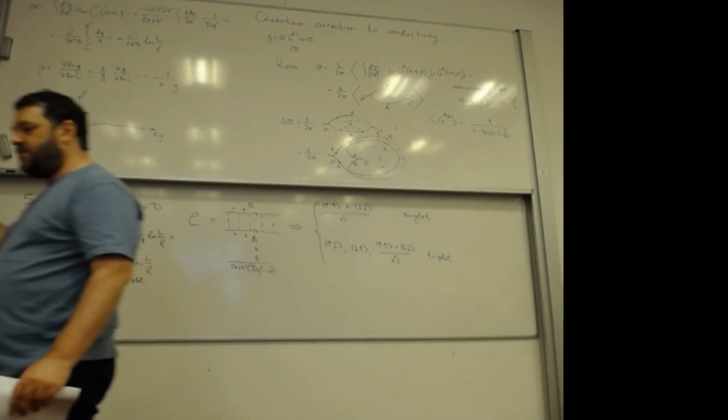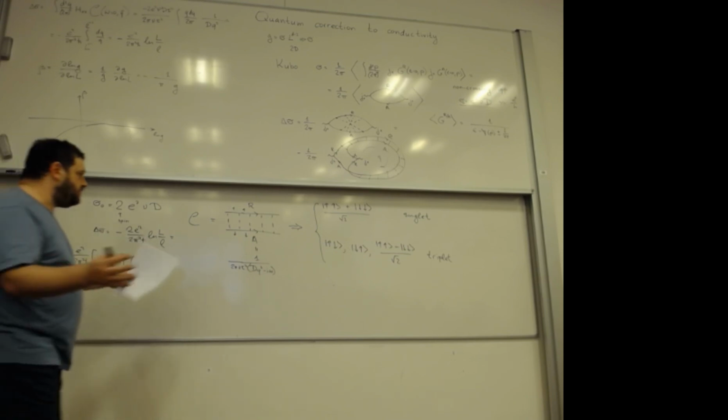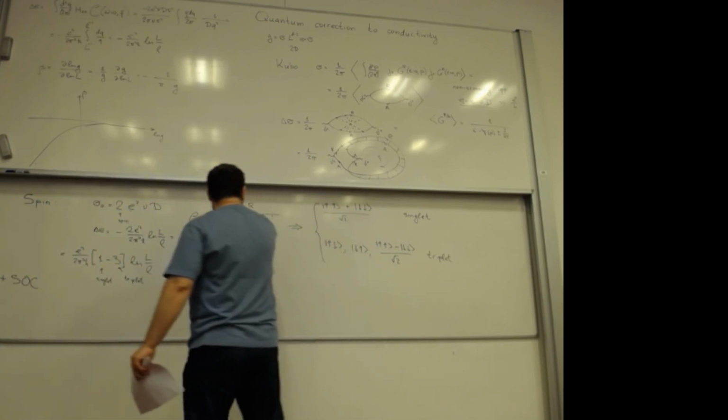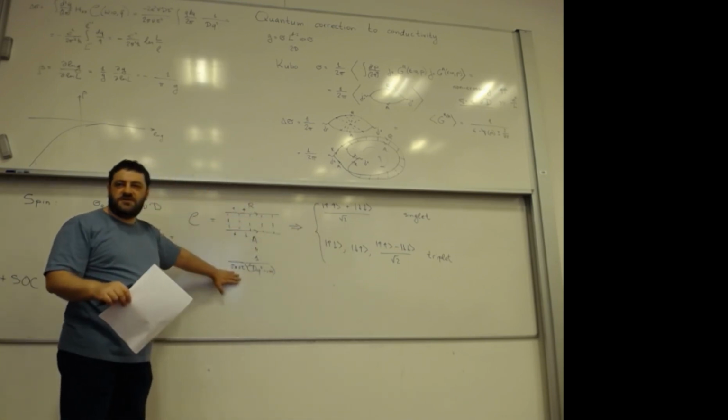But what we can say is that spin-orbit coupling breaks the spin symmetry. Spin can flip when it's propagated or when it's scattered on impurities. That's why there are no two separate conservation laws. Now there is no separate conservation of spin-up or spin-down. There is only conservation of the total density. And conservation of total density means that the singlet Cooperon, the singlet channel, is still of the same form,